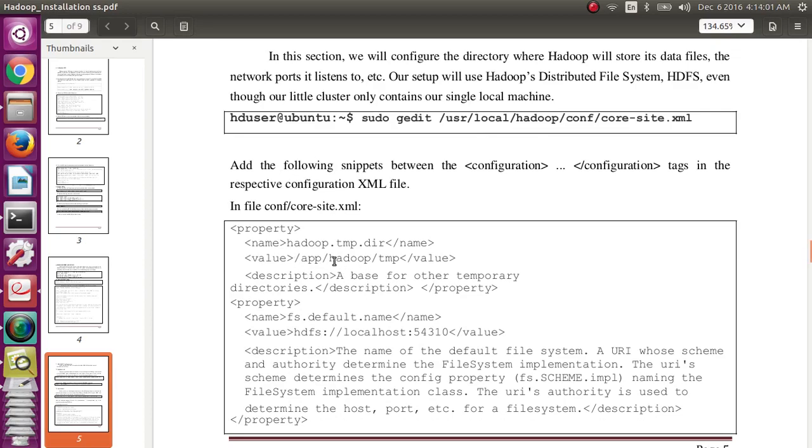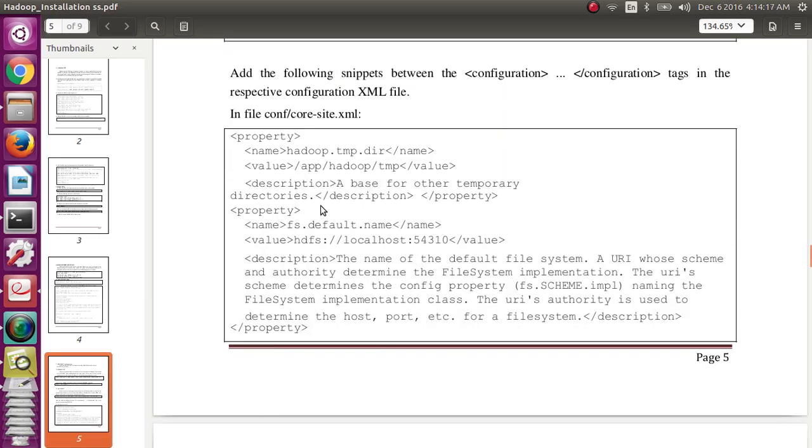root, app, under the app, Hadoop, and one temporary directory. And this is the HDFS we can view. So our HDFS, Hadoop distributed file system, using localhost 54310. Everything is available in this file.